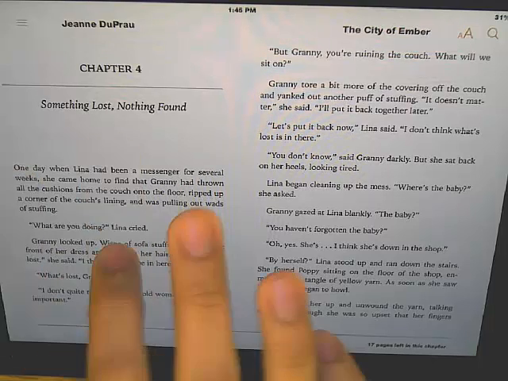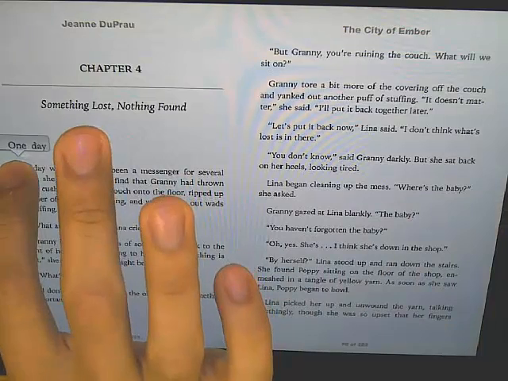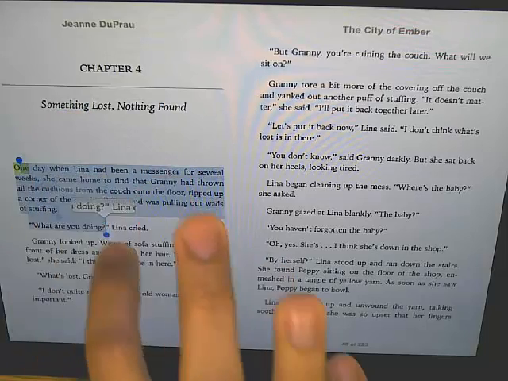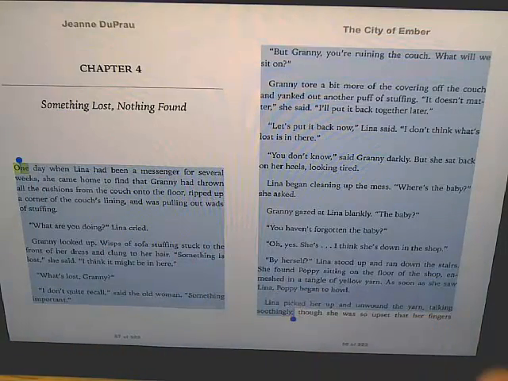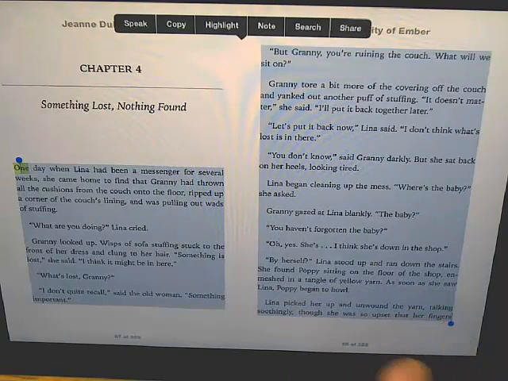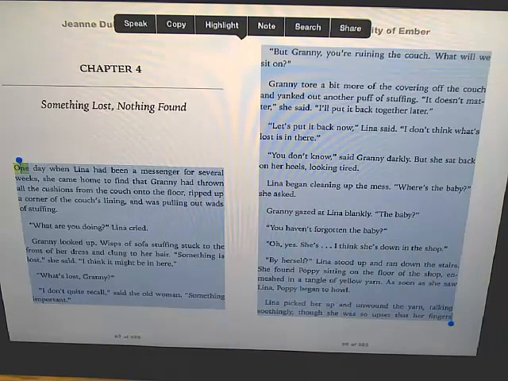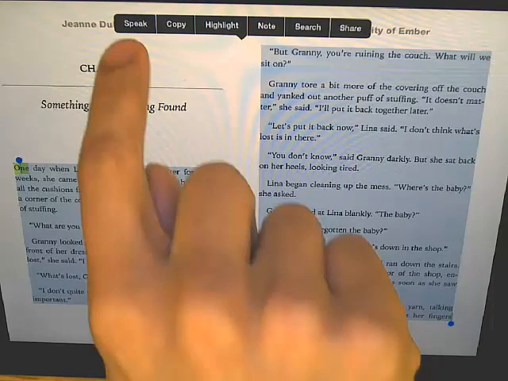If I also want it to read the entire page, so if you notice this is chapter 4, I'm going to select the entire page here, and I'm going to have it speak to me. Now I'm not going to have it read the entire thing, but I just want you to see that I can actually have it read to me as opposed to just me reading on my own. Sometimes I would assign a few pages for homework, and then we would discuss them in class. Some students would actually listen to it and follow along.